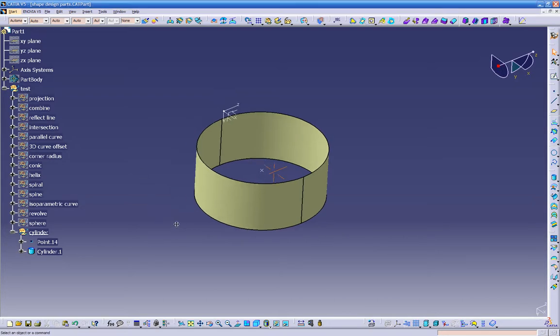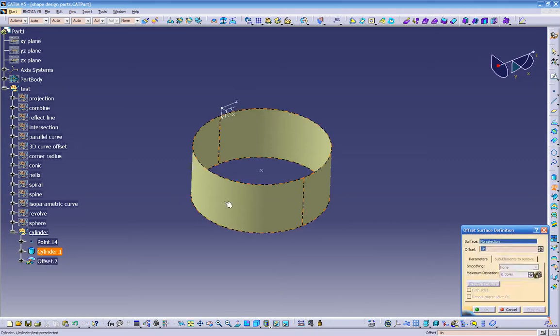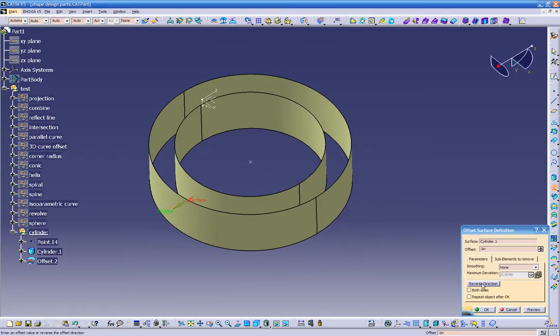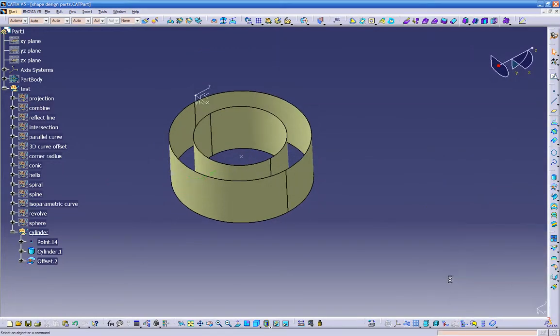Let's go to our next option. It's offset. Just click on any surface you want to offset, give it a dimension, and click preview or reverse. That's pretty self-explanatory. Same thing with this rough offset, works the same as this, and a variable offset works the same as this, but you can change the offsets. For example, if you have a pad over here to 1 inch and you offset this 2 inch, you can do it in the